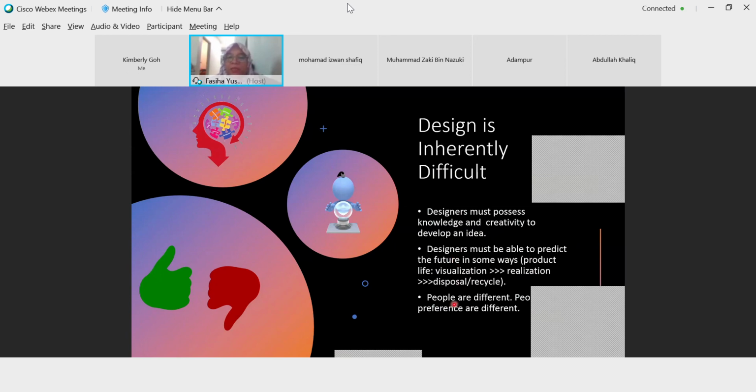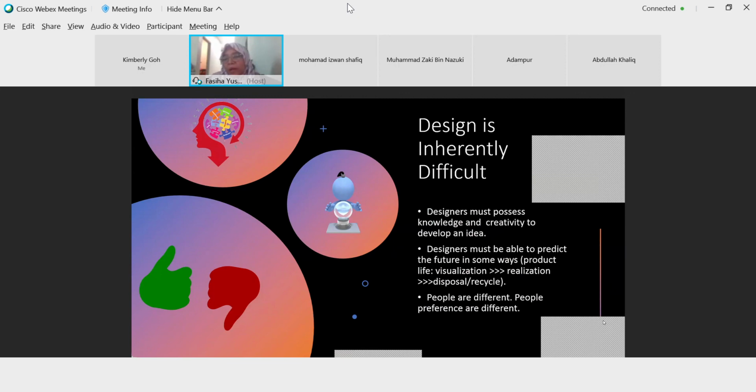And the last one is that people are different. The preferences of people, sometimes we don't know why, when that time comes, people don't want to buy it, don't want to use that product. The design is perfect already, but people just do not prefer it. All right, those are the challenges in design.